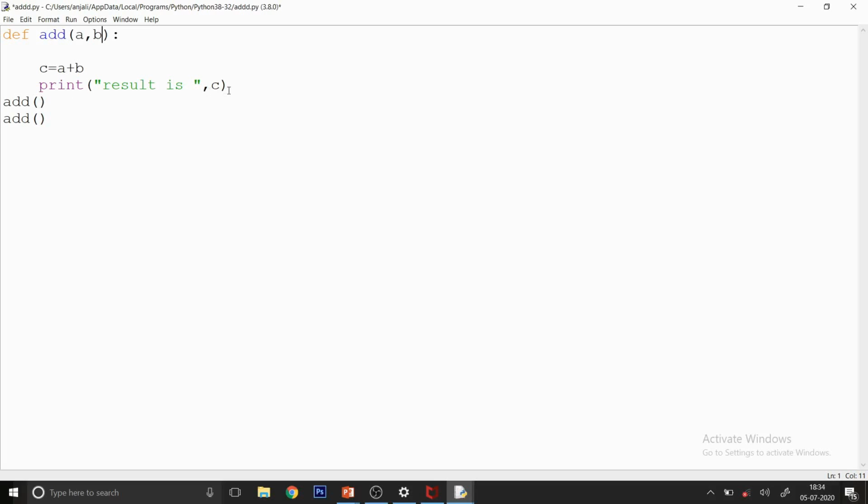So here in the header section of function, I used parameter a and b. So that's mean whenever I will call this function, I need to pass two value. So pass two value, that is 2 and 3, and when again I will call this function, I need to pass again some value, that is 44 and 56. Now execute this function